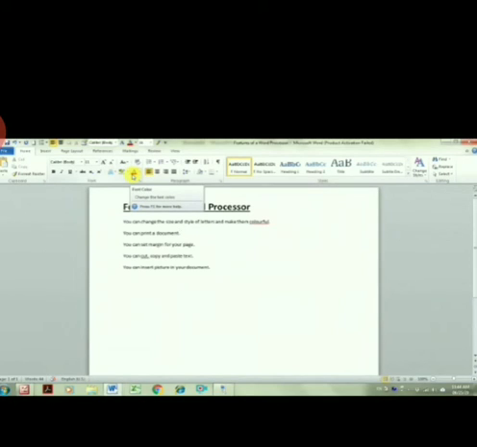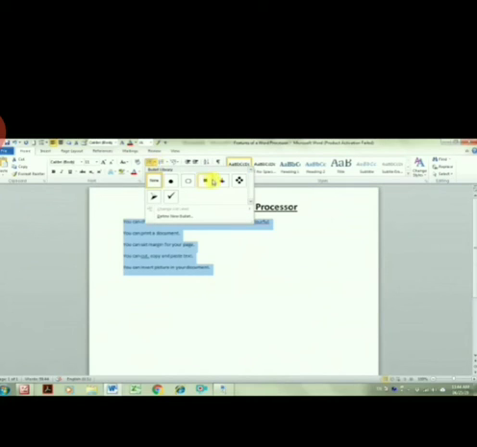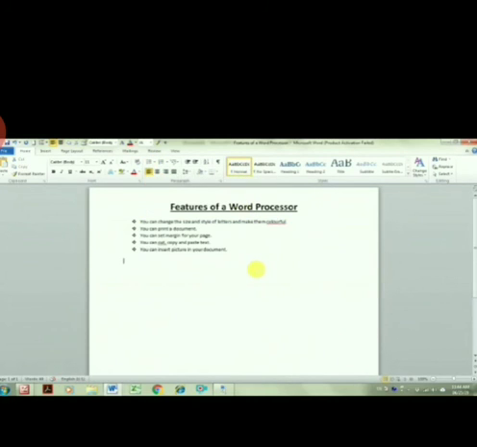Formatting means changing and arranging text in a document to make it attractive. We can format our document by using the Font group and Paragraph group. For example, I want my headline, the basic line, to be in the middle. I can use the Paragraph group. I can give bullets and even numbers, serial numbers, using the Paragraph group. I want to give the bullets. So in this way, you can format your text.